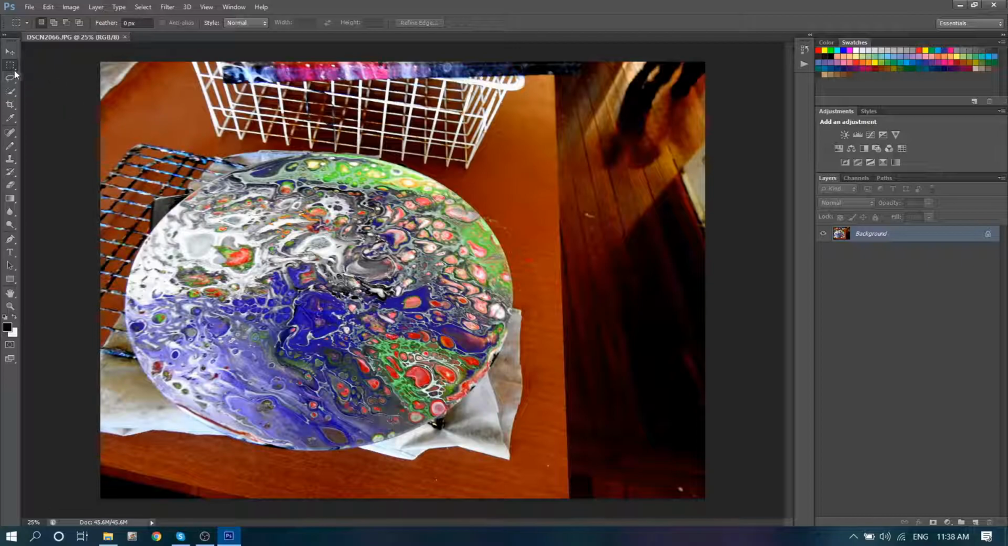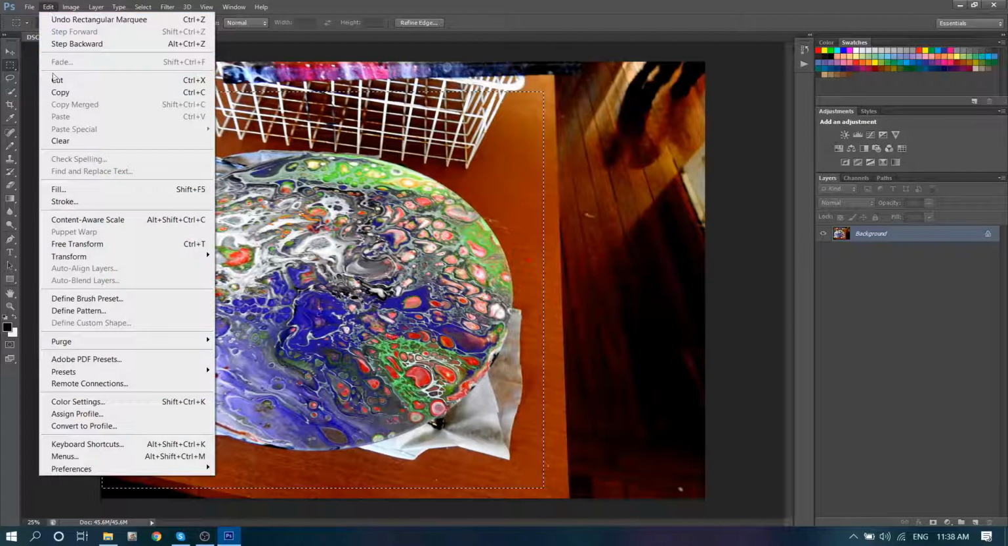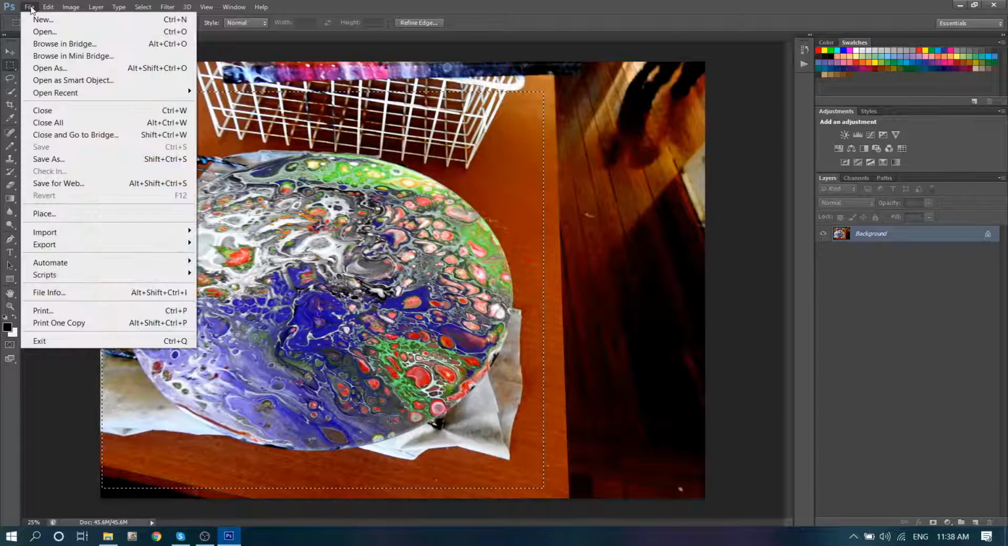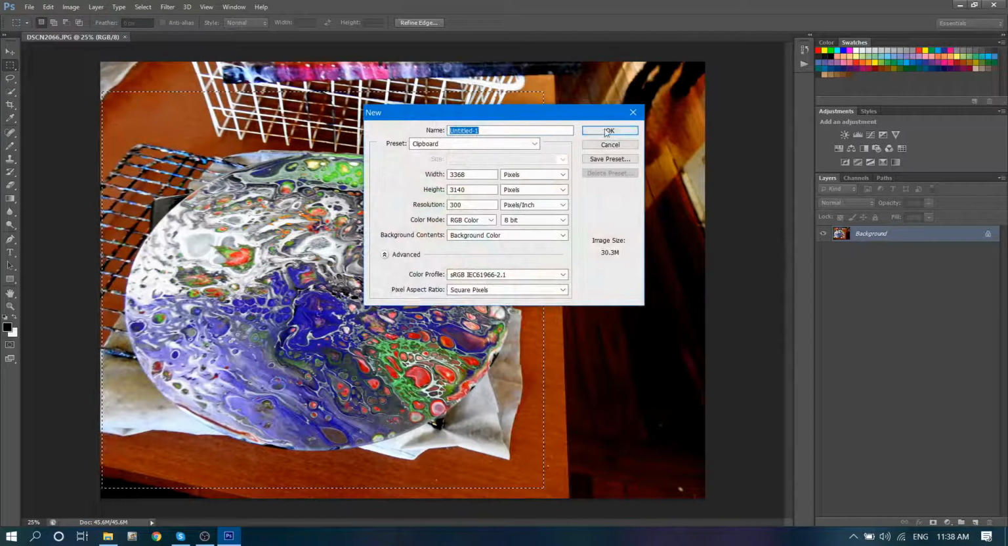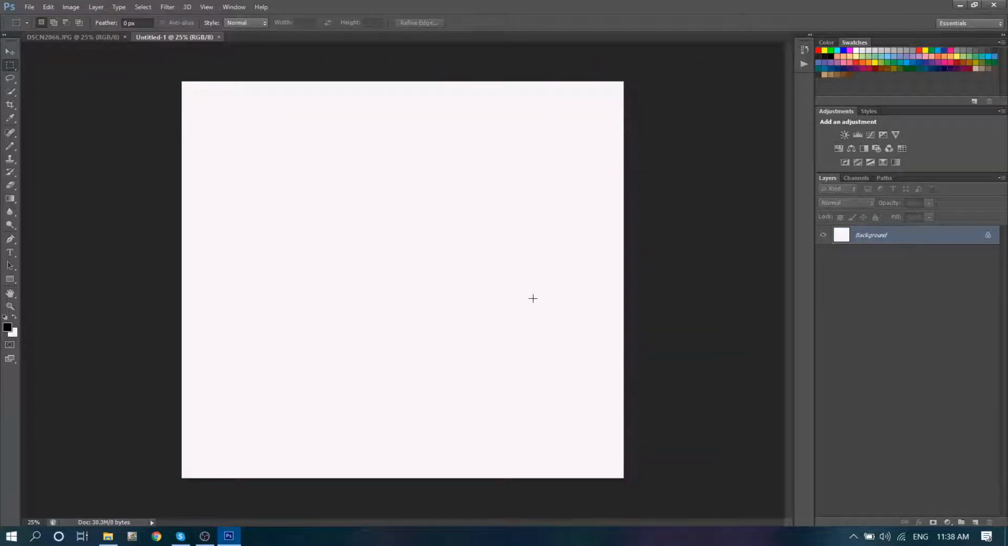So I go over here and the rectangular marquee tool is the one that I'm going to be using just for this little minute, and I make my square. That's about what I would like. I go copy, I come over here to file, I go new, just go OK, and I get a white background, which is fair enough, but I think I would like a black one for this, so I go on to there and